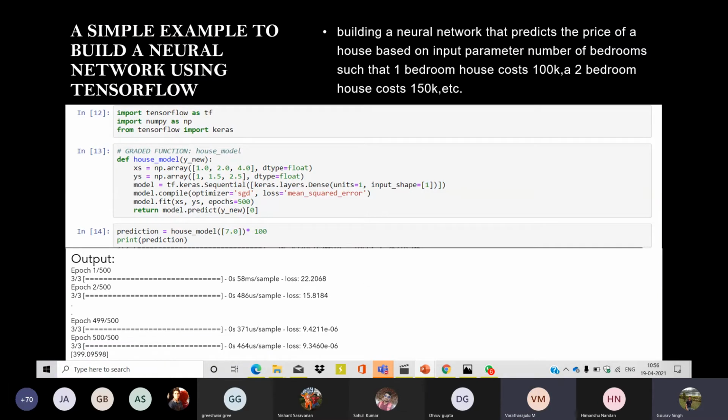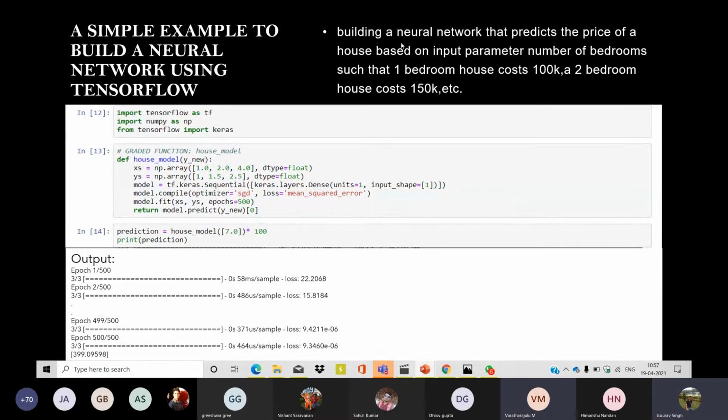So I will give you a simple example of implementing a neural network using TensorFlow. Like neural network can be built from scratch as well, but nowadays technology is becoming more and more advanced, and people have developed several libraries, and these are easy to use. If we build from scratch, then that will take much time. So I will give you a very simple example that can be explained using a neural network with TensorFlow.